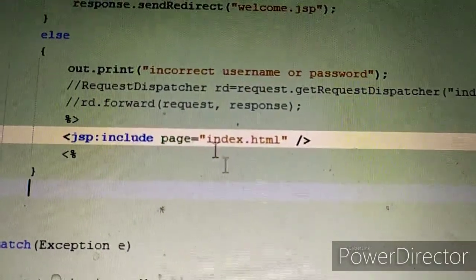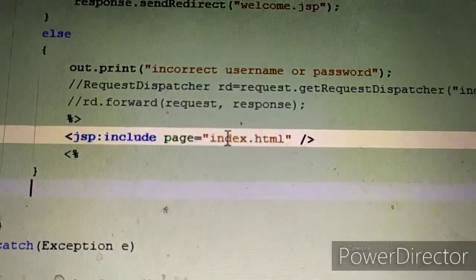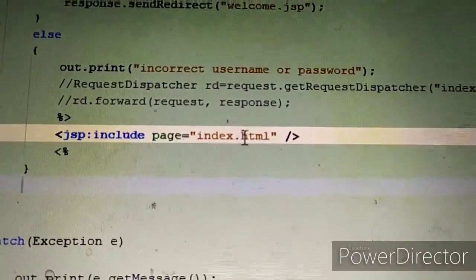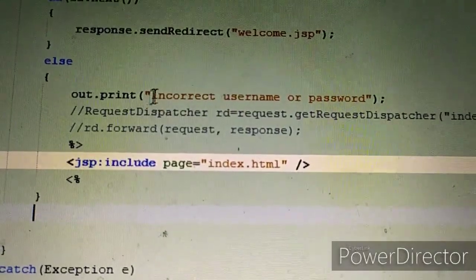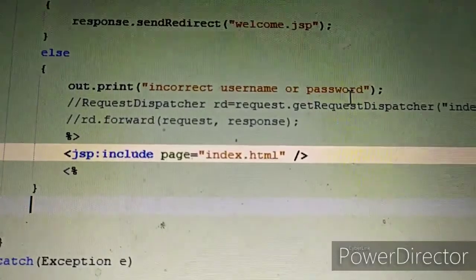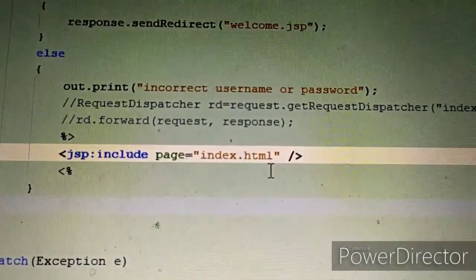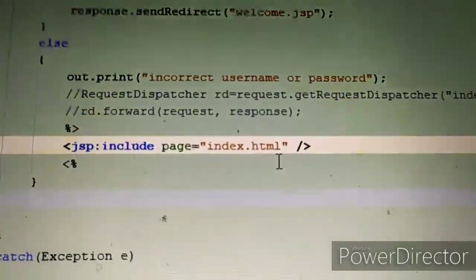This action tag will include this index.html in the current page. So what will be the output? First, this incorrect username or password message will print, and this index.html will also be included in the same page.